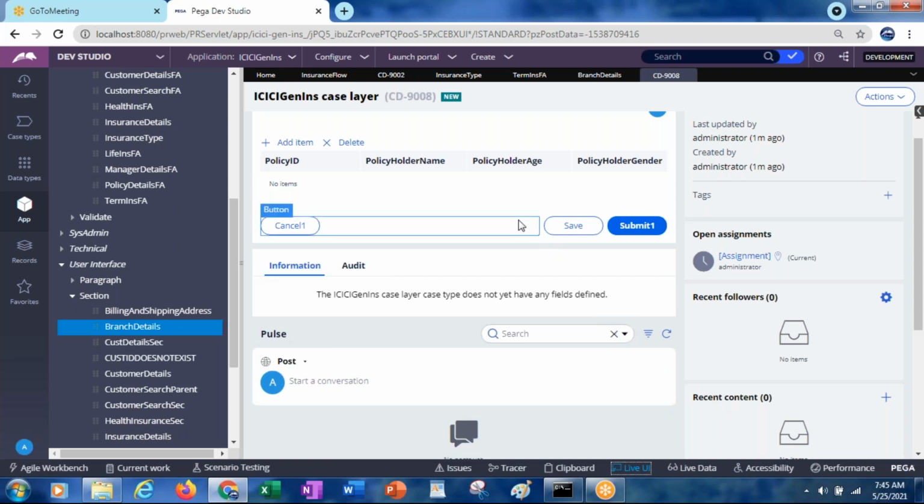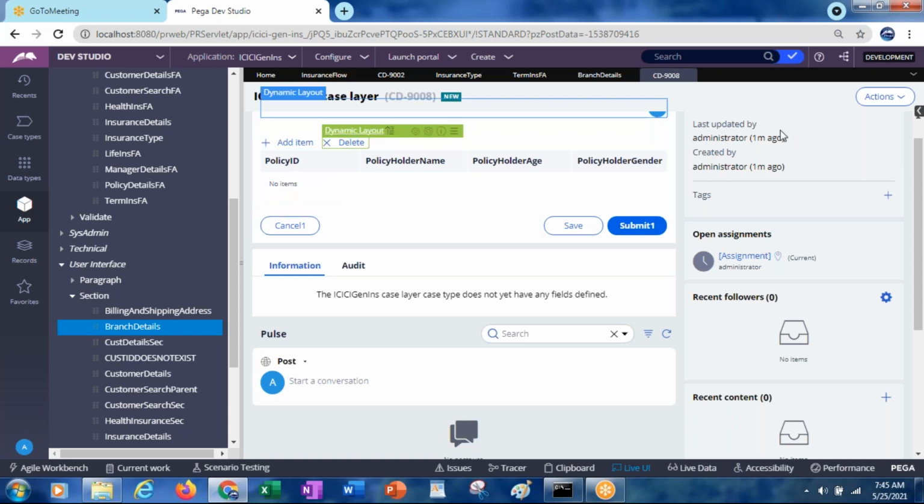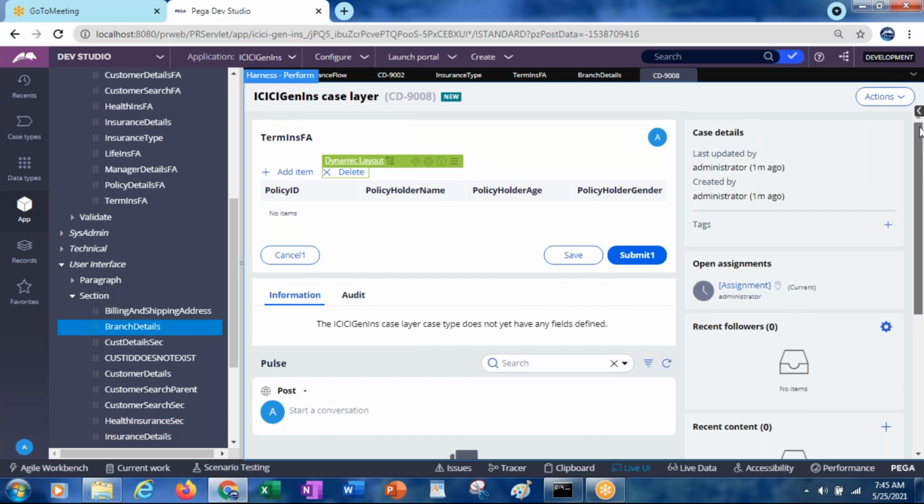If you want to find out any of the controls, you can select this control, or any section name or layout you want to know, you can select that. So this is the complete section, PY case action area header. This is totally PY case action area.